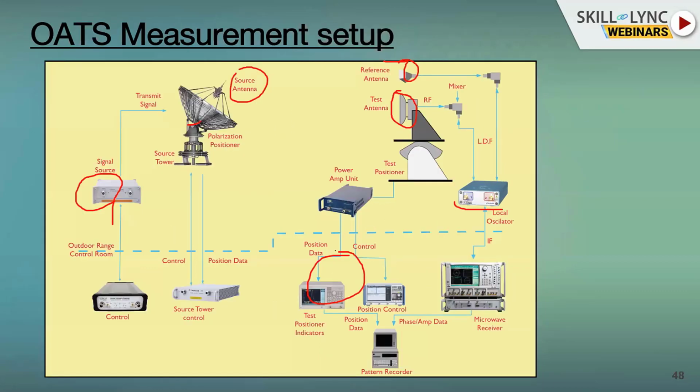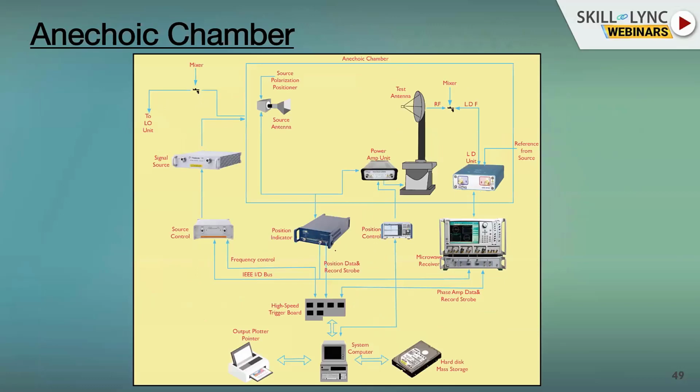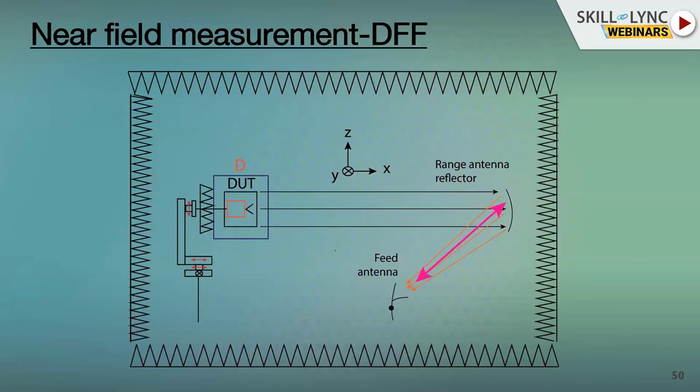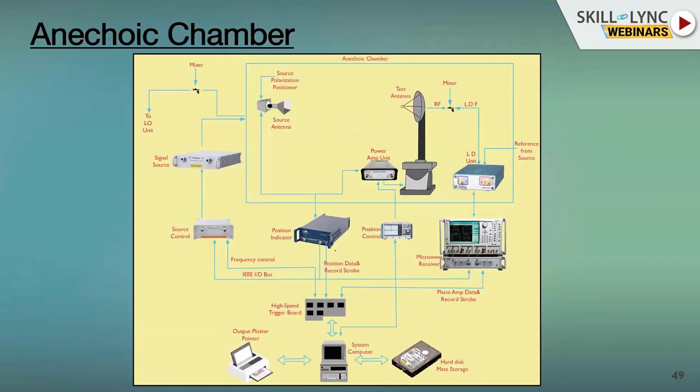So the disadvantage with the open area test site is that, whenever you are doing measurements in an open area, during natural calamities like when rain is happening or when you have high wind pressure, you can't do the measurement, right? So that's why we go for anechoic chamber based measurements, wherein you have a controlled environment. Therefore, external interference will not come inside the test setup, and the multipath effect is also not there in the anechoic chamber.